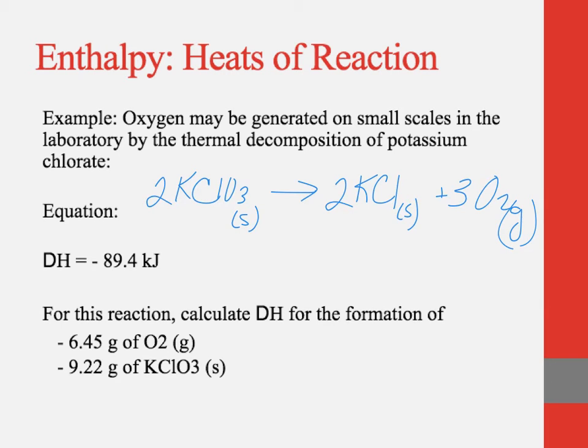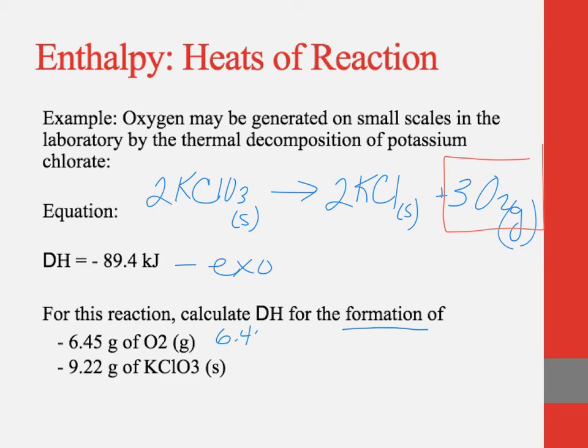Delta H is negative 89.4 kilojoules. This tells us that it's exo. And in this reaction, they want you to calculate the delta H for the formation of 6.45 grams of oxygen. So here is our oxygen. So how much energy will be released when I only form 6.45 grams of oxygen gas as opposed to 3 moles of oxygen gas? All right, so I'm starting with my